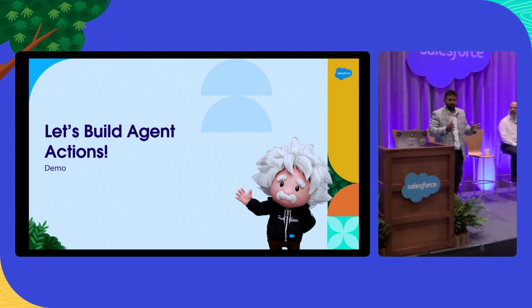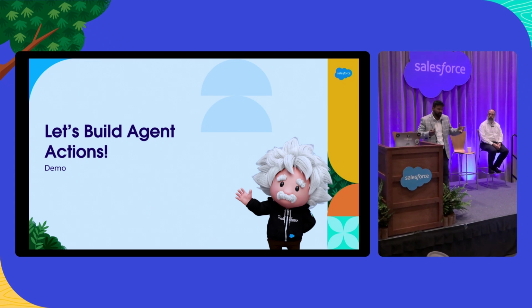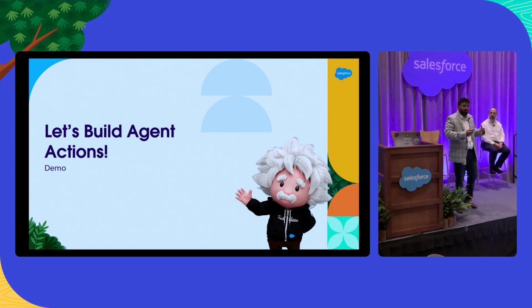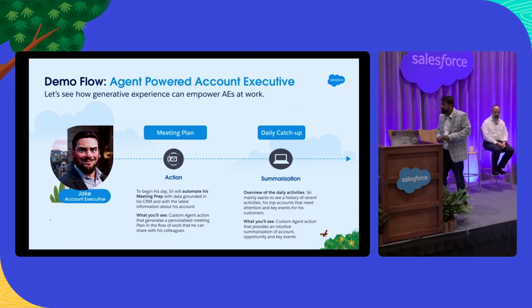So now that we've heard a lot of how to actually do stuff, let's maybe pivot out and go ahead and actually do stuff. So in this loaded demo, I'm going to be showcasing to you over the next 20 minutes how to create custom agent actions. That's what we're going to be doing. So before we do that, I want to establish some ground rules. Let's set some personas up, let's set some use cases, so you understand what we're going to be doing for the next 20 minutes.